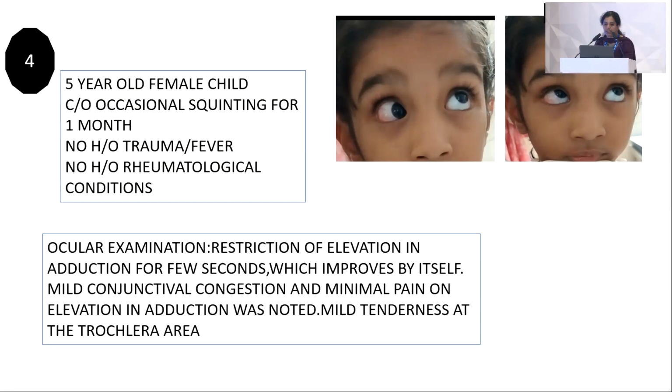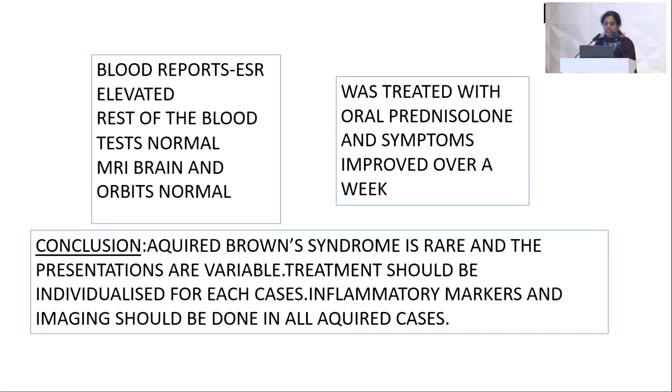the trochlear area. Blood reports showed an elevated ESR. Rest of the blood tests were normal. MRI brain and orbit was normal. She was treated with oral prednisolone, and the symptoms improved over a week. So to conclude, acquired Brown syndrome is rare and the presentations are variable, and the treatment should be individualized for